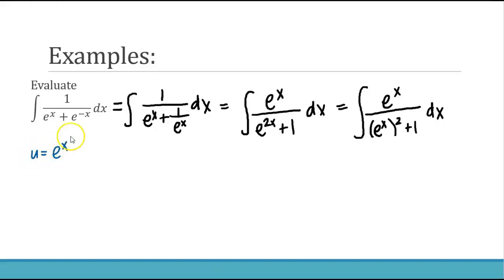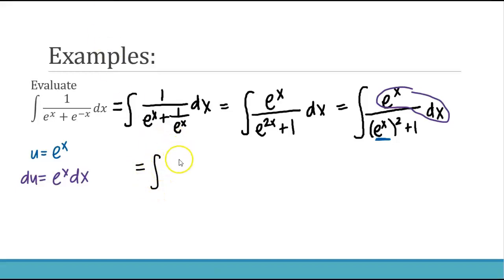So what am I going to let be u here? My u is going to be e to the x, and the one I'm talking about is this one right here. That's what I'm going to let be my u. Because then du, its derivative, is e to the x dx, which is in this numerator right here, e to the x dx. So what this problem is going to become is the integral of du over, I replace e to the x with u, so that's going to be u squared